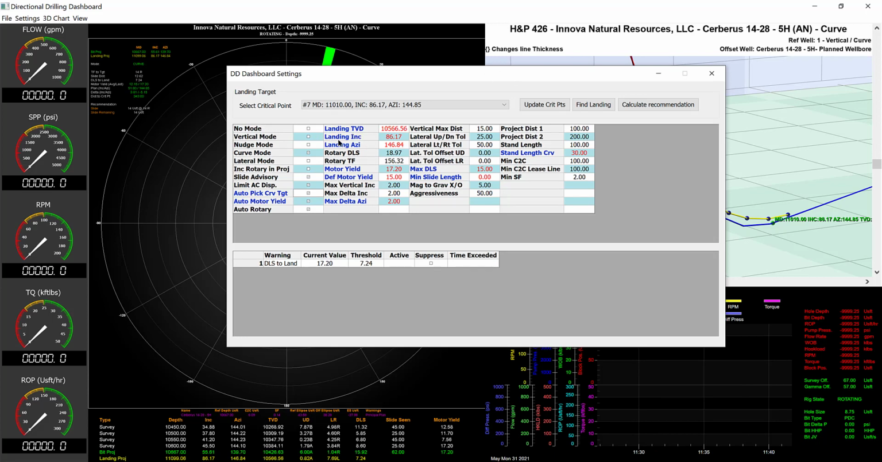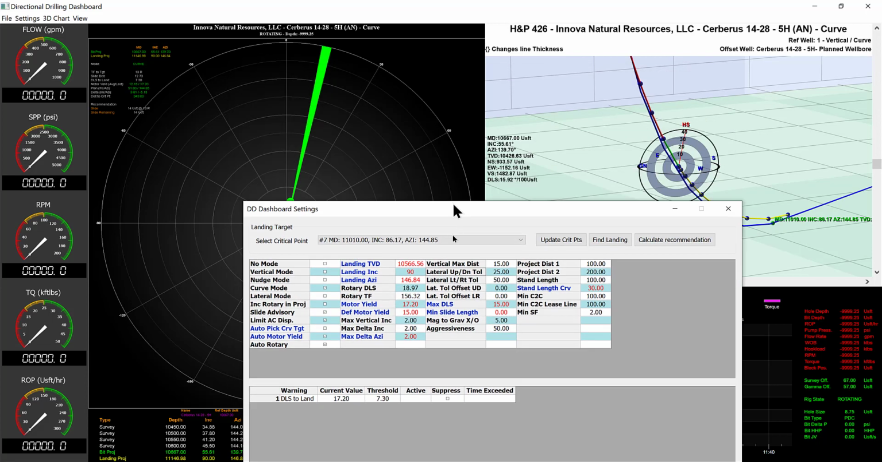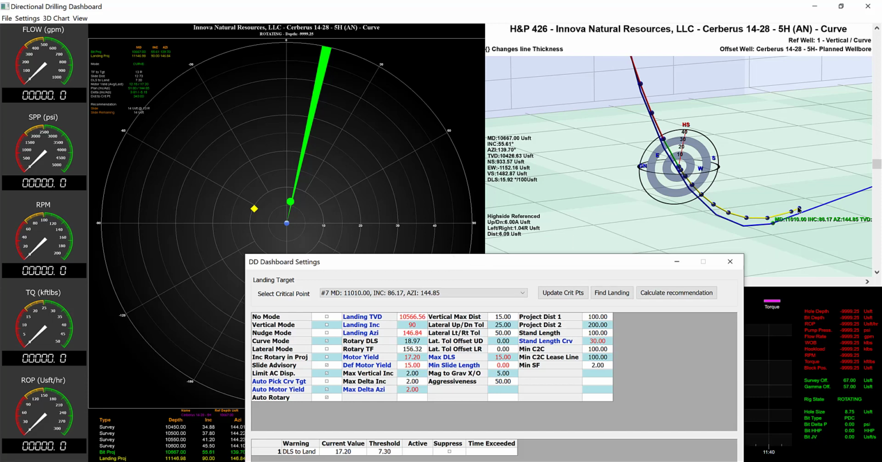Okay, so as we've already looked at, landing TVD, landing inc and landing AZI are the coordinates that are used in your landing projection. If I uncheck auto pick curve target, I can go ahead and change these values to whatever I like. This will update my 3D plot, and it will also update the tool face rows and the slide advisory based upon whatever the user inputs here. Okay, so you can see here that the software is using those coordinates as the basis for the projection methods